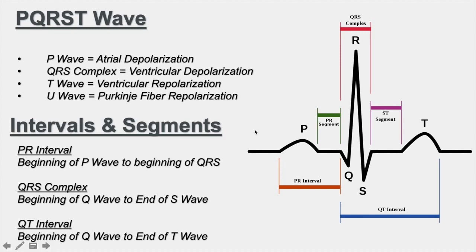There are also the PR segment, from the end of the P wave to the beginning of the QRS complex, and there's the ST segment, which goes from the end of the S wave to the beginning of the T wave. I don't want you to think about them too much right now. We're going to get into more detail in later lessons, because the ST segment is very important when we're looking at any signs of possibly an ST elevation MI, those types of conditions. So they're very important, but we're not going to talk about them right now. So we're first going to talk about heart rate. So how can we determine heart rate from an